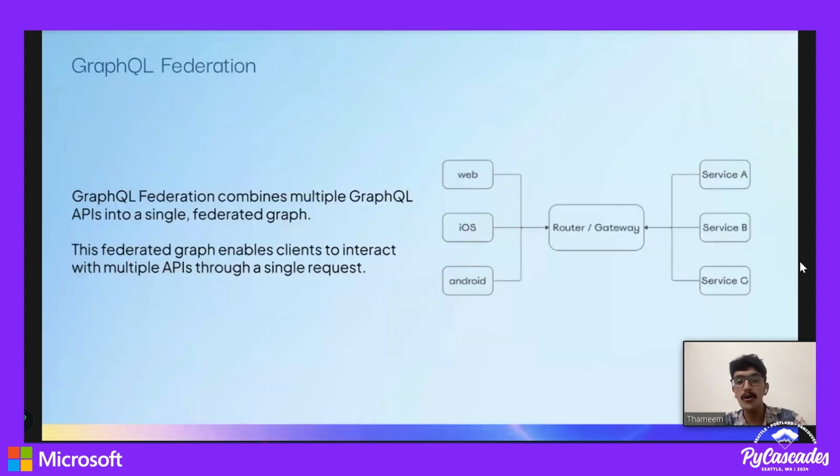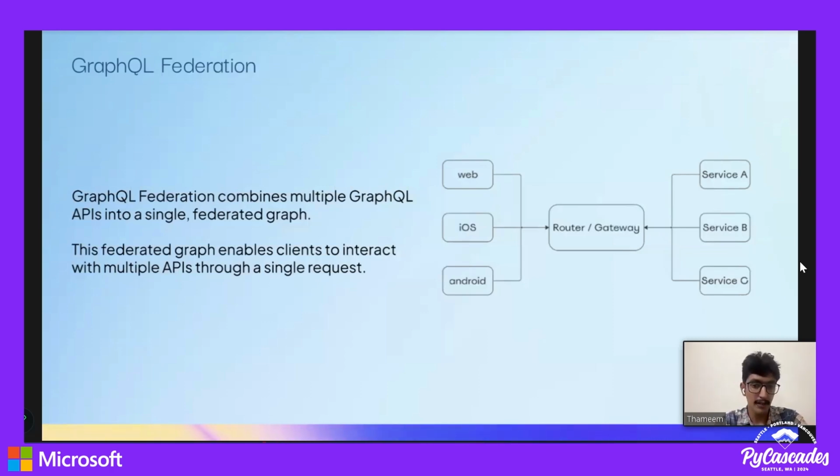Now, another feature is GraphQL federation. It's nothing but building a single API endpoint for consumers while giving the backend developers the freedom of building independent, self-contained services, or exposing the GraphQL schema as a single endpoint by combining multiple subgraphs, which can be utilized by the front-end clients. As you can see in the diagram, we have three services: service A, B, C,